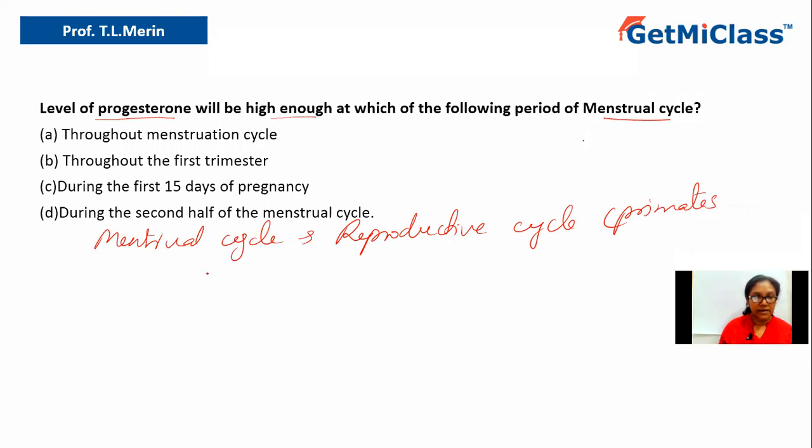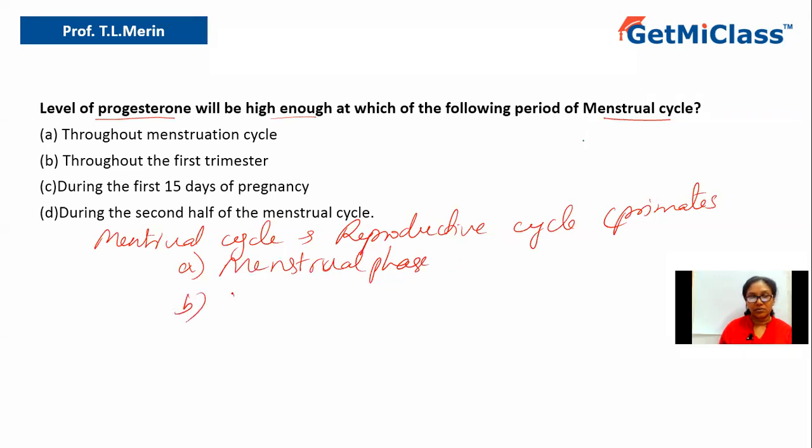Now, this cycle has four major phases. The first one is menstruation phase or menstrual phase, during which expulsion of the endometrial layer occurs. In case the ovum is not fertilized once it is released, the endometrial layer will be sloughed off, as well as the blood capillaries which are ruptured during sloughing of the endometrium, that also will release a lot of blood in the internal region. So this blood as well as the tissue, everything gets expelled during menstrual phase.